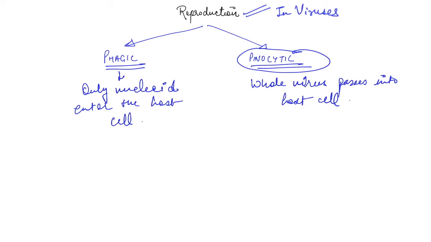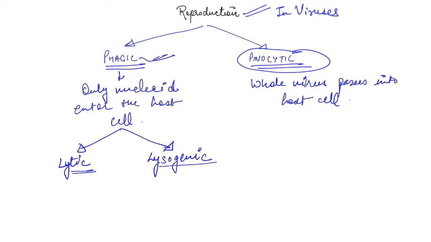Now again, we are going to study the phagic reproduction in detail. Phagic reproduction has two subtypes, first being lytic and second is lysogenic. We'll study both one by one with the help of a diagram. Now let's start with lytic